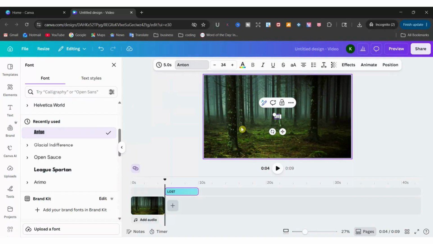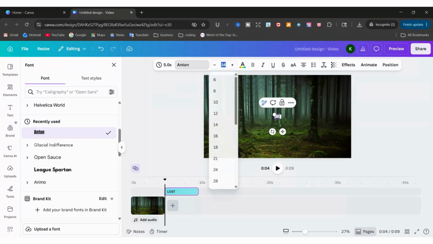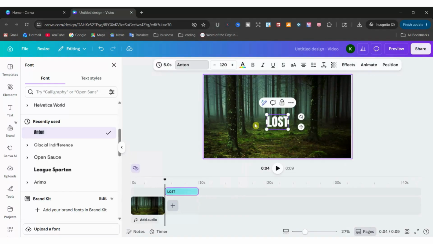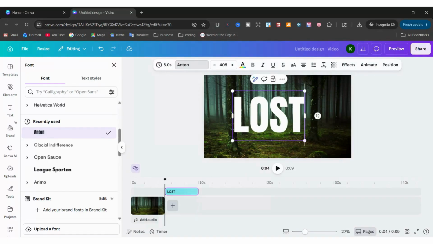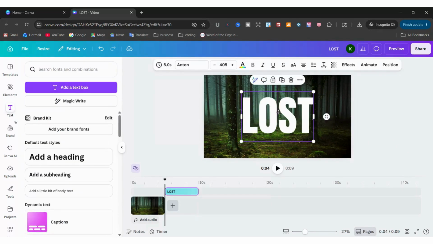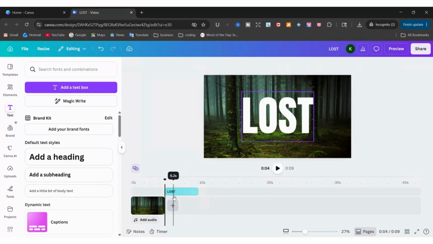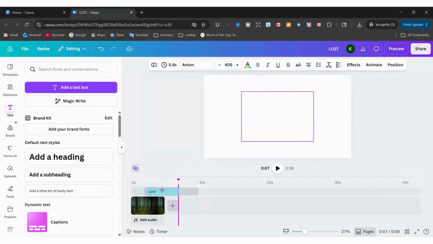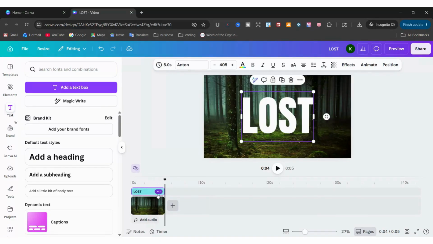And so I can change the font size to whatever I want here. Okay, so I'm going to drag this text over to the left-hand side so that it matches with the background